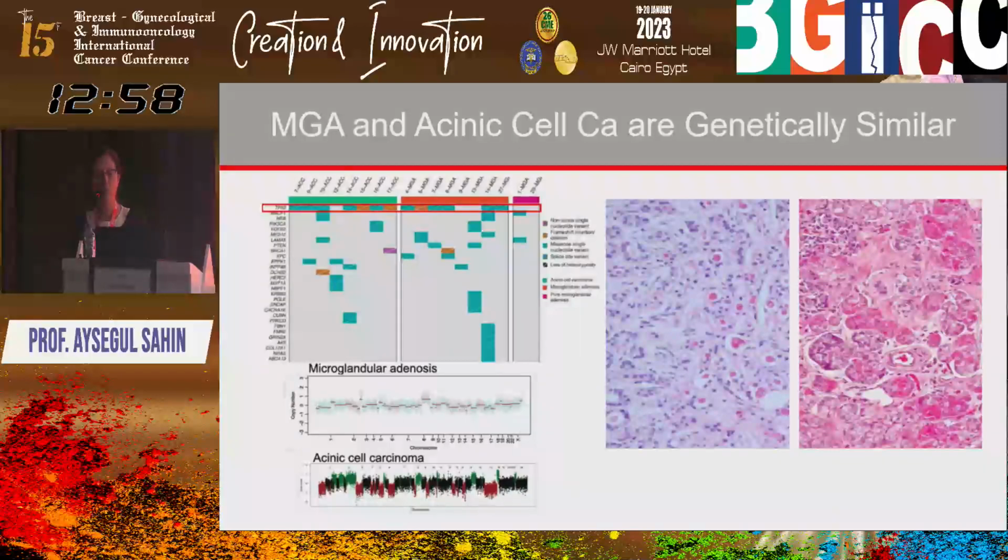So the studies looking at the comparative genetic abnormalities of acinic cell carcinoma and microglandular adenosis showed, as you can see, very similar molecular changes. So these studies suggest that maybe microglandular adenosis is the precursor lesion of high-grade triple-negative breast carcinoma, especially